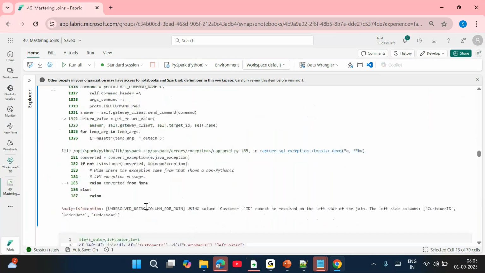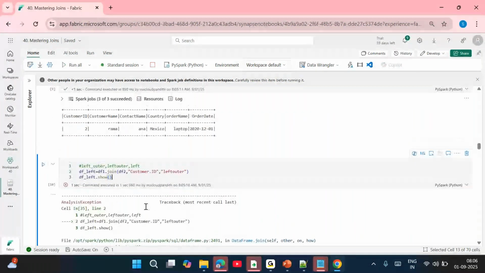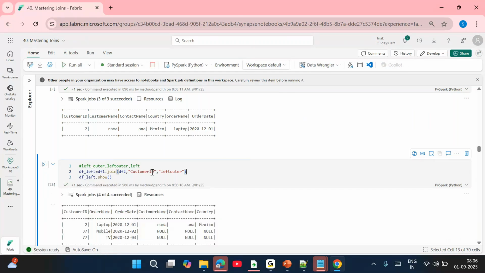Can you first read the error message and tell me what it is saying? ID cannot be resolved. Why? Customer.id cannot be resolved, because customer.id is not available, right? So it is customer ID. I added a dot to show you the error. Okay. So now if you use it properly, now you use left outer join, you see